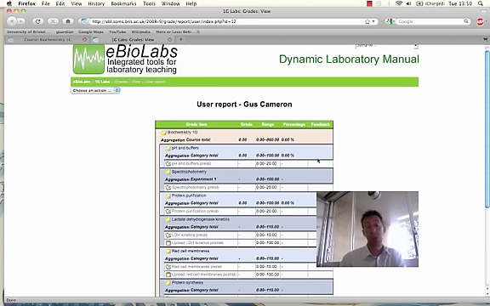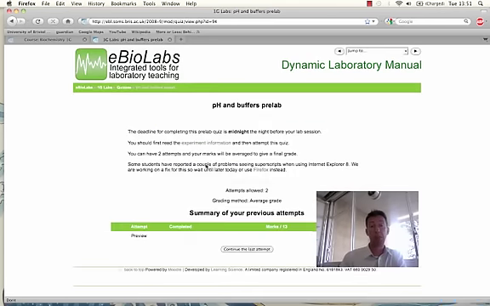So this is the huge boon, because in the past it wasn't possible for staff to really easily gain access to their students' work in this way. It's possible to actually drill down into each experiment, into each piece of work, and really see where the students' strengths and weaknesses lie. eBiolabs has now been running for 2 days, and I'm delighted to say that it's been